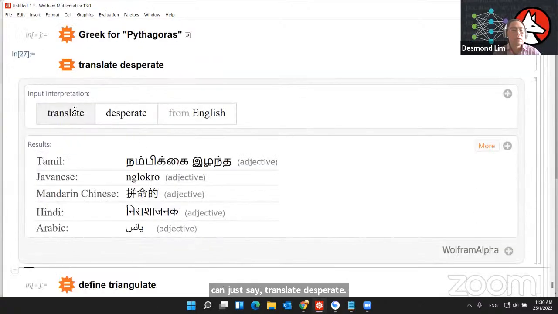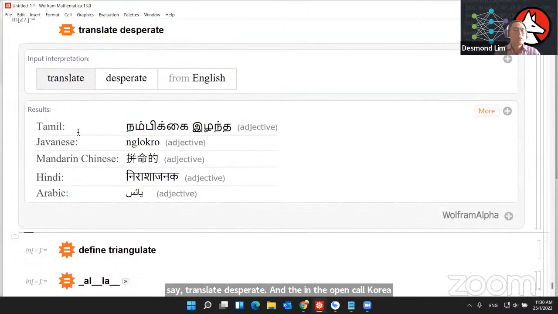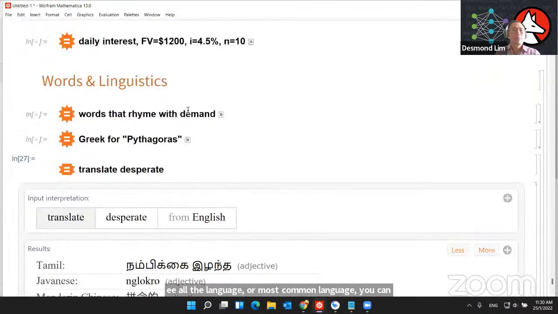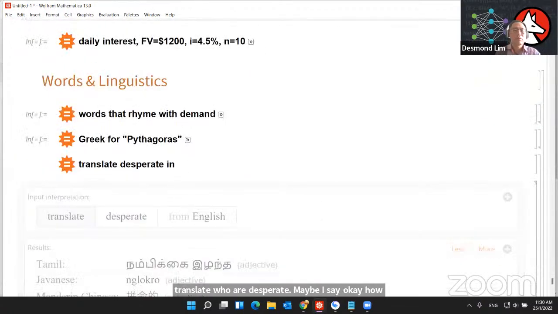It shows us the translation from English to different languages, because I didn't say which language. You can say translate to another language that you want. It came out with some different languages. Of course, you can click more to see all the languages or the most common languages you can translate to. Maybe I say, okay, how would I translate desperate in